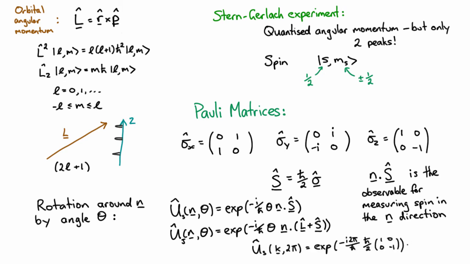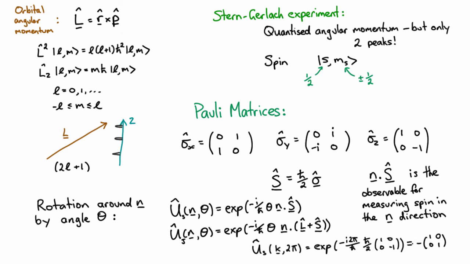What, you might ask, is this matrix exponential? Well, you can define it by the power series expansion as normal. And for a general matrix, it's probably easiest just to type that into something like Mathematica to get the answer. But in order to calculate it yourself, actually the easy one to do are the diagonal ones. The exponential of a diagonal matrix is just the exponentials of the various diagonal elements, which is fairly easy to prove. And so this, if we do that, we end up with almost the identity, but not quite the identity. It's the identity up to this minus sign.